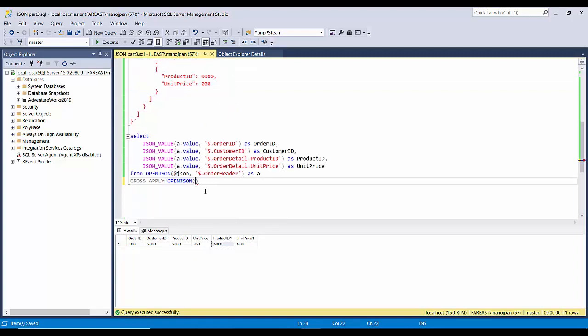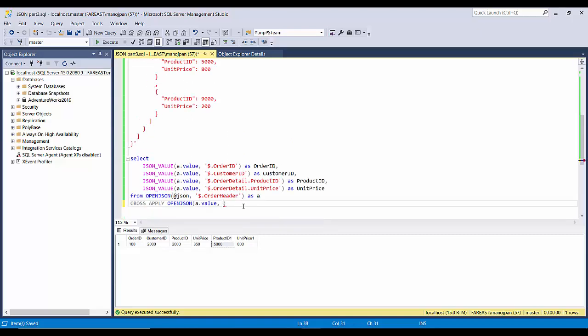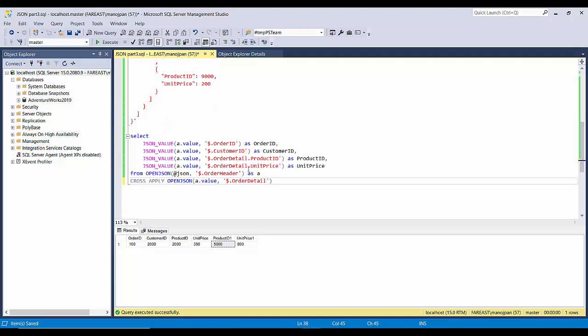So what we'll do is point it like this: a dot value, and we will put order detail over here. So order detail will go inside here, dollar dot order detail.